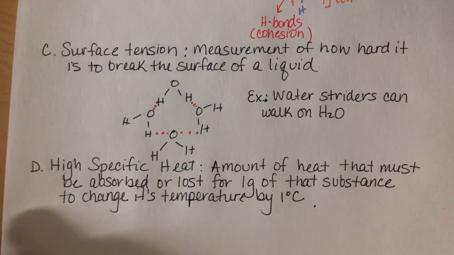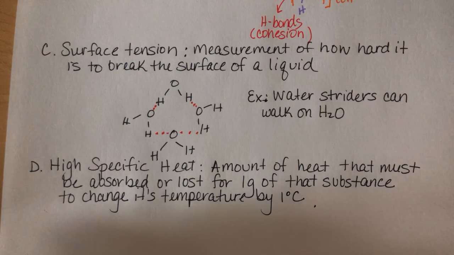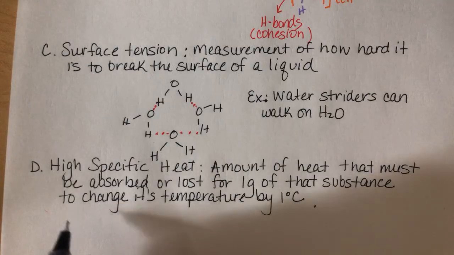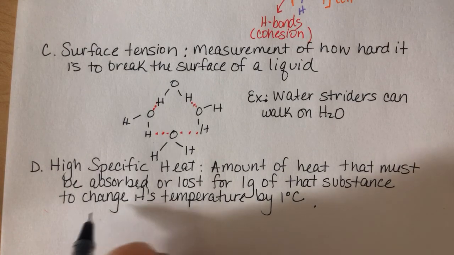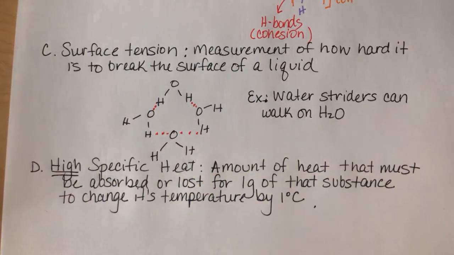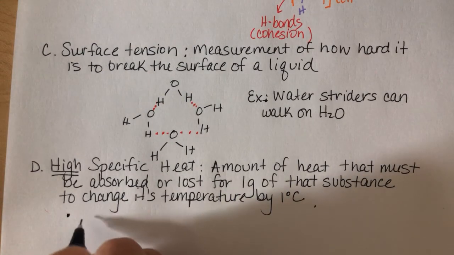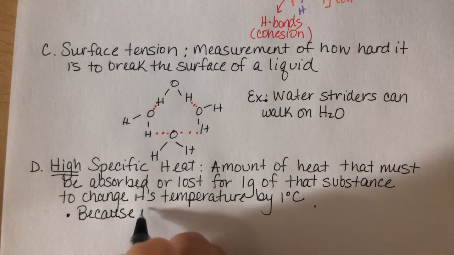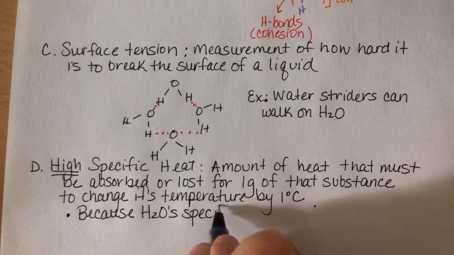All right, so what does that mean? Some things have high, some things have low specific heat, and it's specifically talking about how much heat needs to be absorbed or lost to change that temperature by 1 degree. And so water's is high, it has a high specific heat. So because water's specific heat is high,